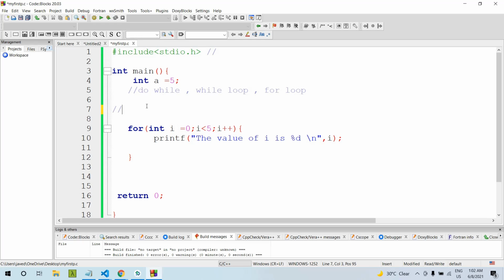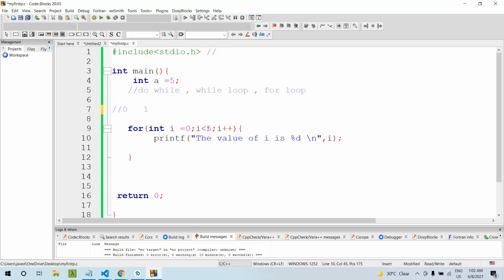Then it goes to i plus plus. What does i plus plus do? It increments the value of i by one. Now the value of i is 1. Now it goes back and prints the value of i, which is equal to 1.